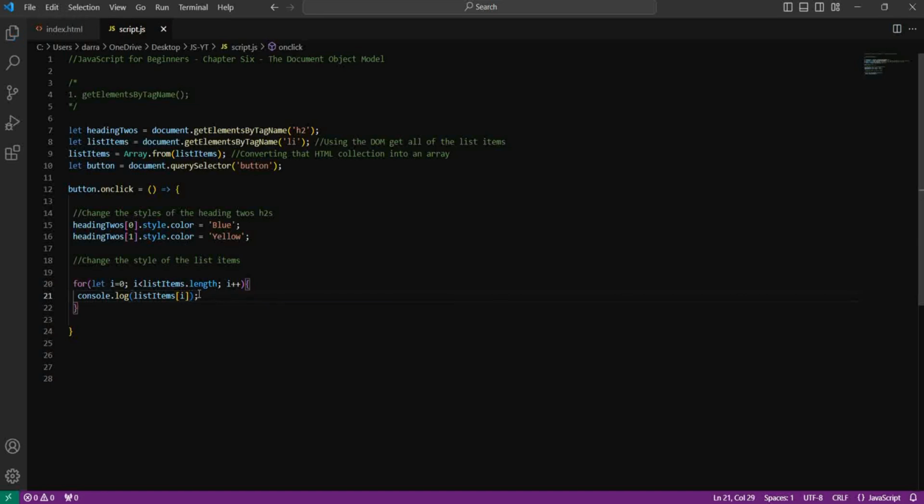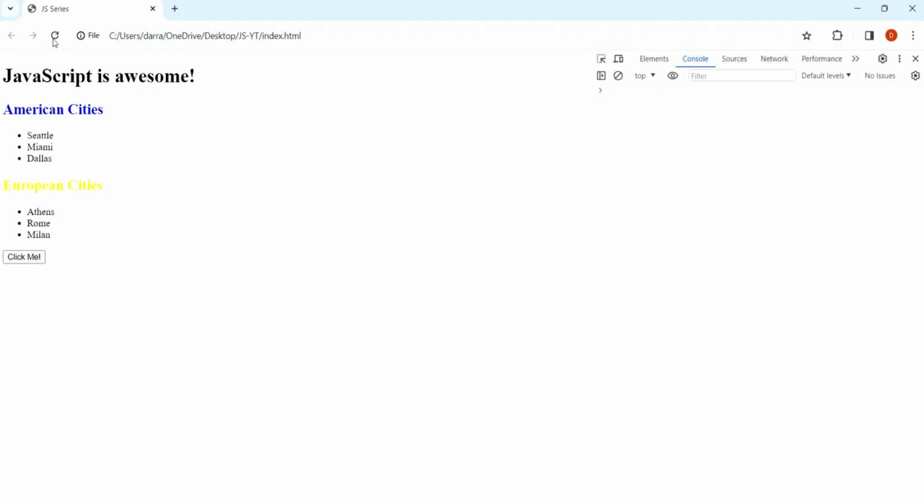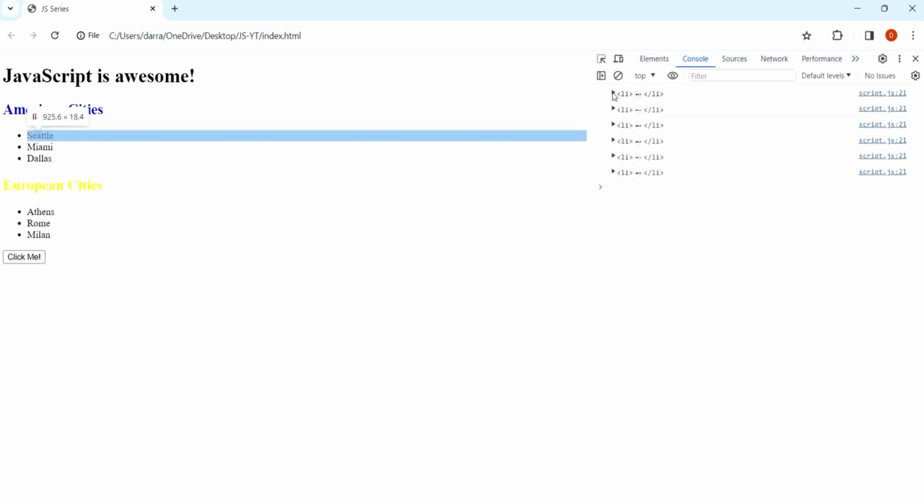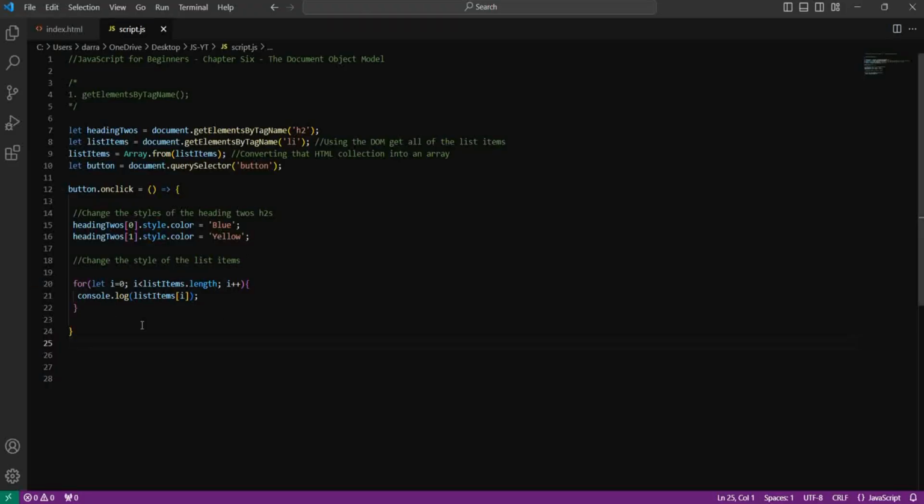So now what happens when the user clicks on the button, we change the headings and we just log out all of the list items to the console. So if I save and refresh, they change color and we get our list items there. Okay, that's awesome. But now what we want to do is we actually want to do something with the list